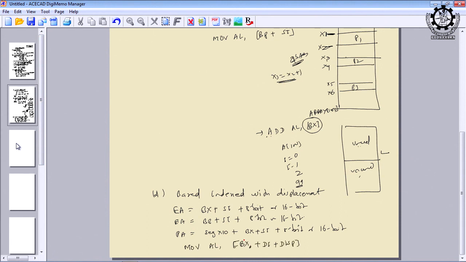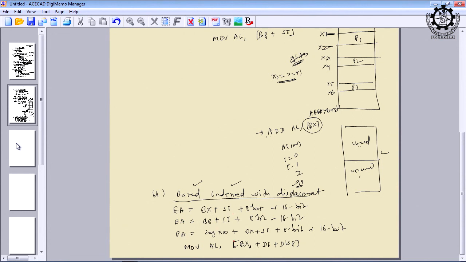Is it okay? Now we have combined everything, because three components are coming: one is base, another is index, and third is the displacement. All three components are used for finding the effective address. So, effective address equals BX plus SI plus an 8-bit or 16-bit displacement value.